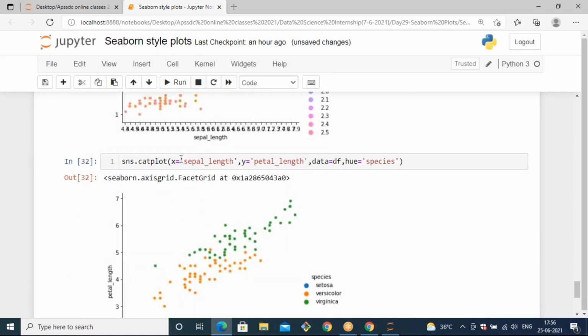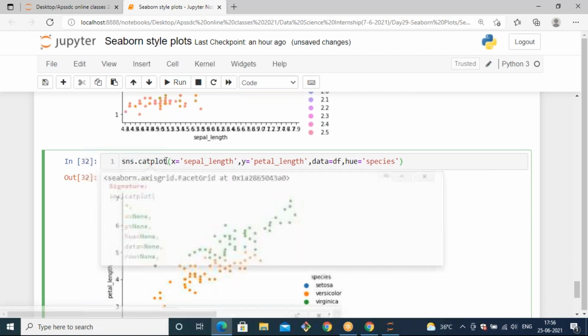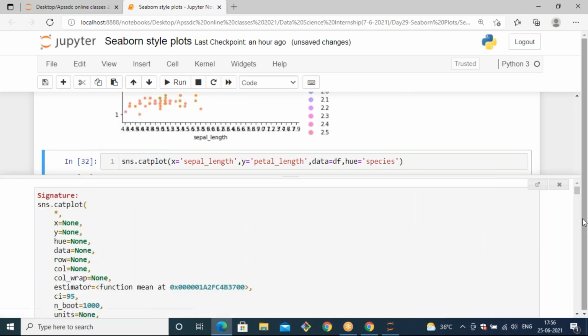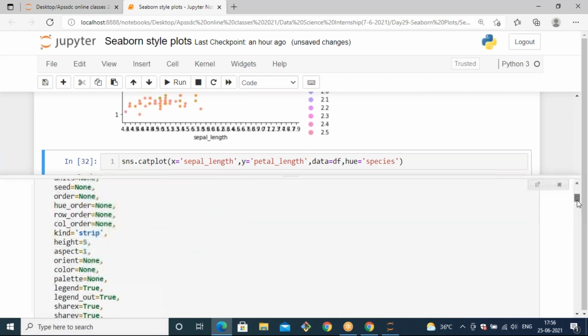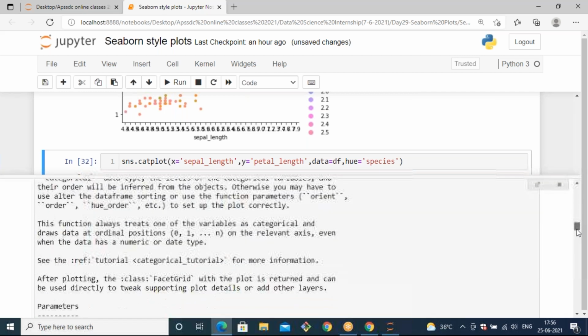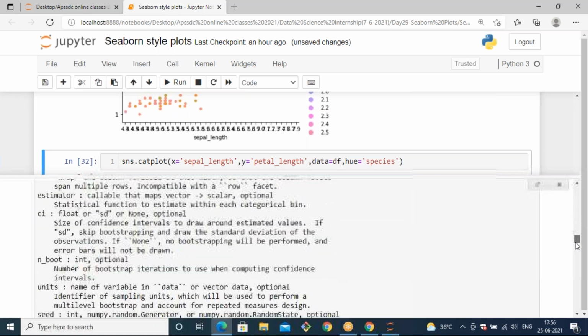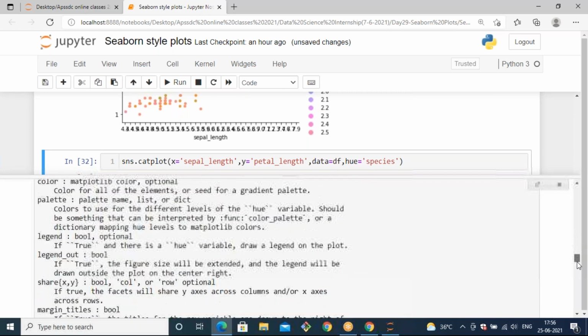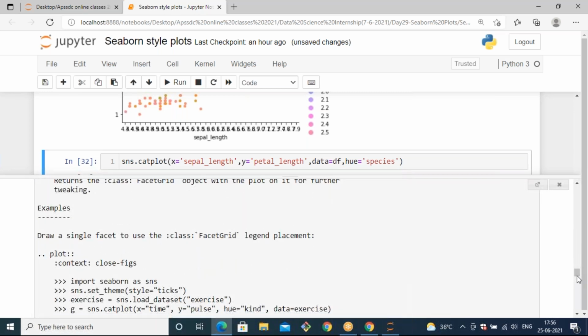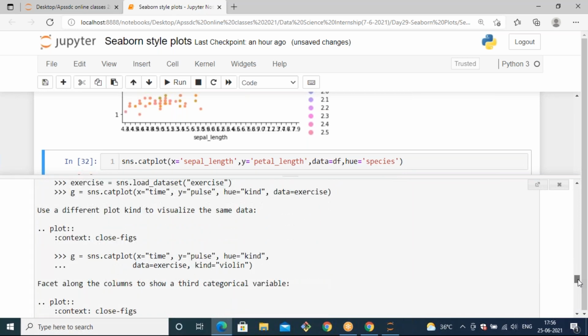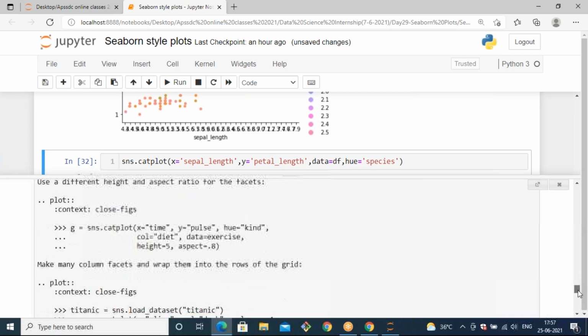We have already seen the supported plots for catplot. It can take any categorical type of plot. So before that, let's see what plots are supported by catplot. For that, what parameter do we have to pass?